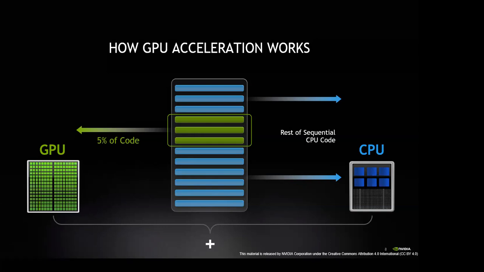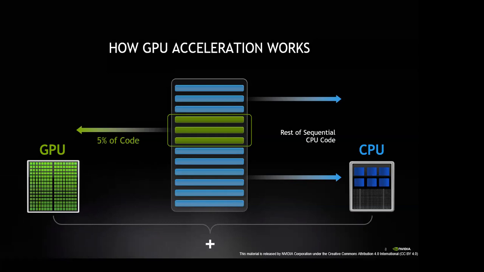Okay, so you see the rectangle with the blue lines. You have an application and you want to accelerate one piece of this application. So what you do is you offload the code to the GPU,